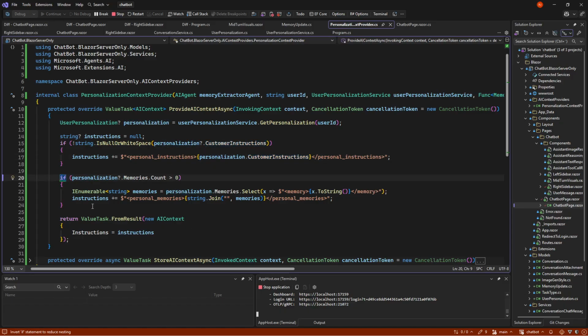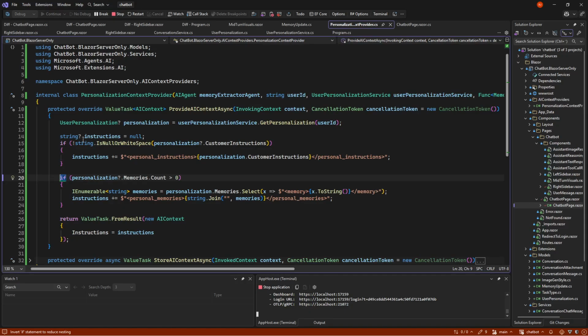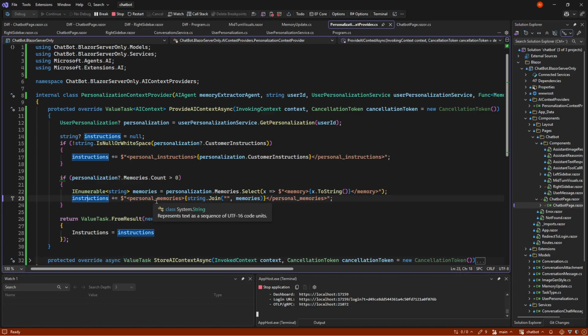And if we have any memories, we also just add them to the instructions. So we add personal memories, one memory at a time, so it knows all the memories. And then we're just giving back that context. Agent Framework would take care of putting that together with the other instructions.